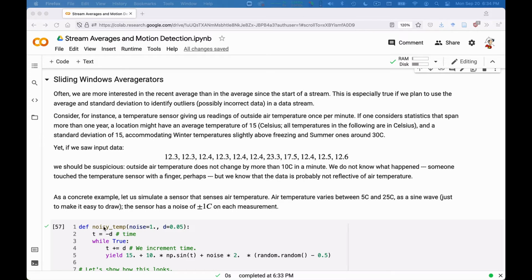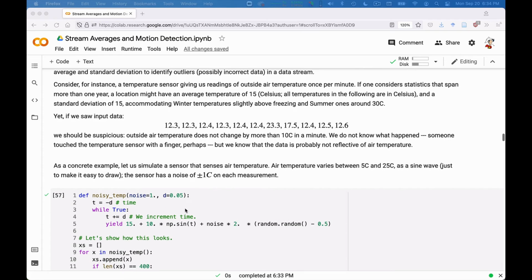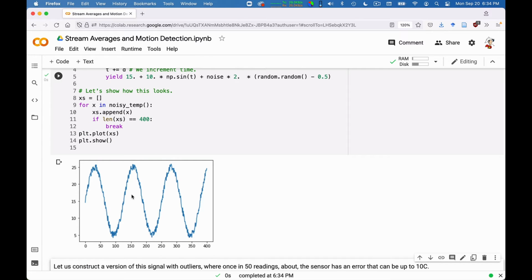So here I have a simulation of a noisy temperature. Temperature varies during the day and night, so here I model it simply as a sinusoid plus some random amount of noise. You can read the code if you like, but what I want to do is simply show you the graph. You see there is a sinusoidal basic variation on which is overlapped a little bit of noise. In reality, temperatures don't quite have such a simple cycle. They decrease typically a little bit faster in the evening than they increase during the day, but at any rate, this is good enough to play with.